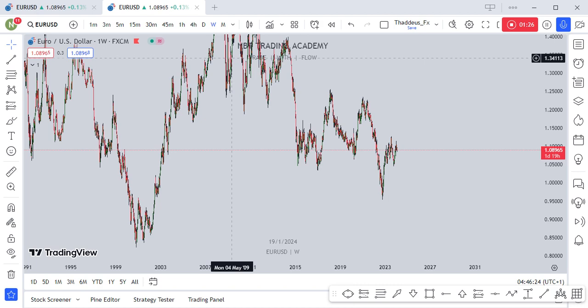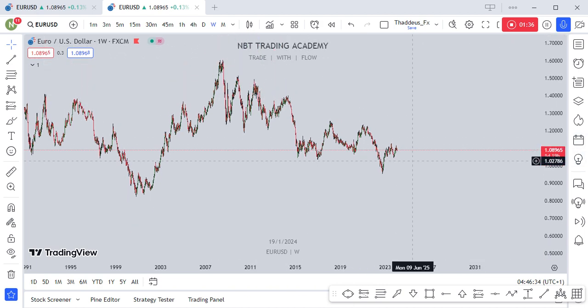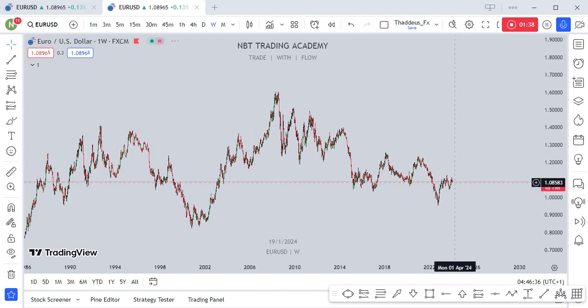Secondly, what are we going to be looking for? We're going to be looking for key levels, support and resistance. So how do you identify key levels? From our previous videos, you'll notice that key levels are drawn by just looking to the left. You look for areas which the market retested over and over again,